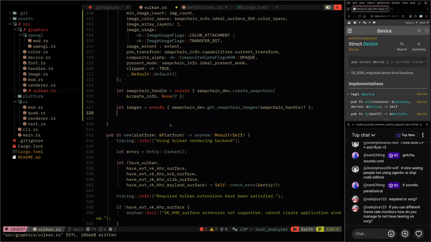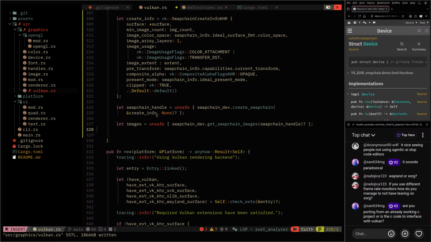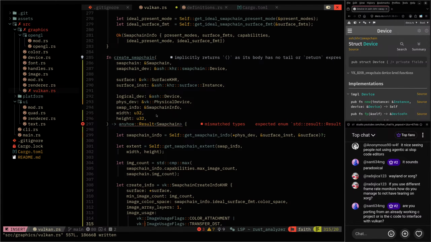So let me see, do we... The thing is, we kind of need to get rid of all of the other allocated stuff. I don't even know how to do that in Rust. Can I not just